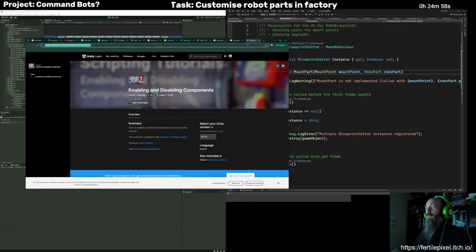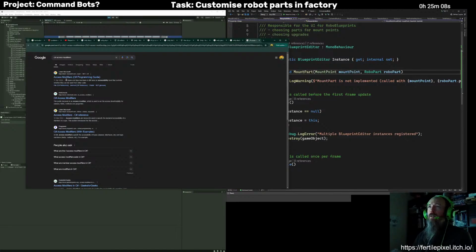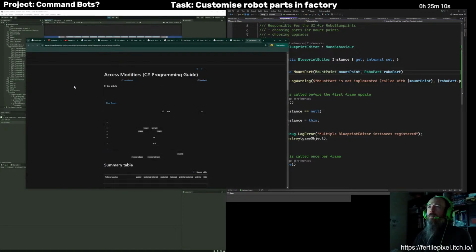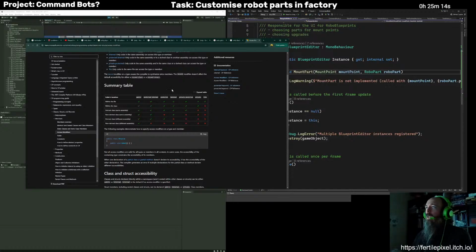So C#, access modifiers. So here we go, internal. So you can call it from within the file, within the class. So that could be class across a different file.